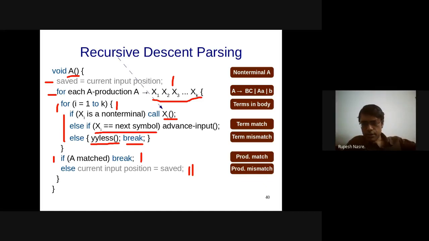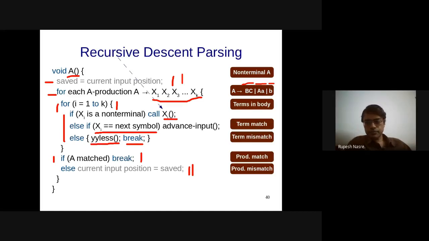There is a question about explaining the current input saved in the for loop again. So what I was saying is that we are going over multiple productions here, right? So that saved state needs to be the fresh state. Imagine that when you are going inside BC, the state should be the same, and when you are going inside AA, the state should be the same as if you had not gone into BC at all. So we save the state before getting into BC, right? That is our saving. But if the production does not match, that BC does not match, then I need to restore it multiple number of times depending upon the number of productions that I might have.